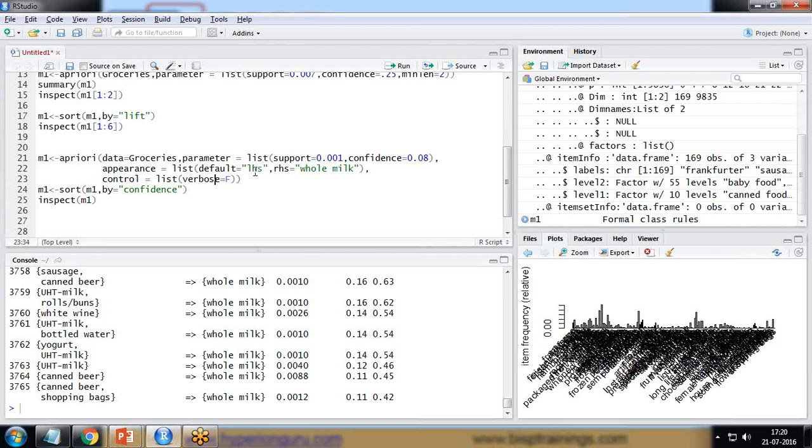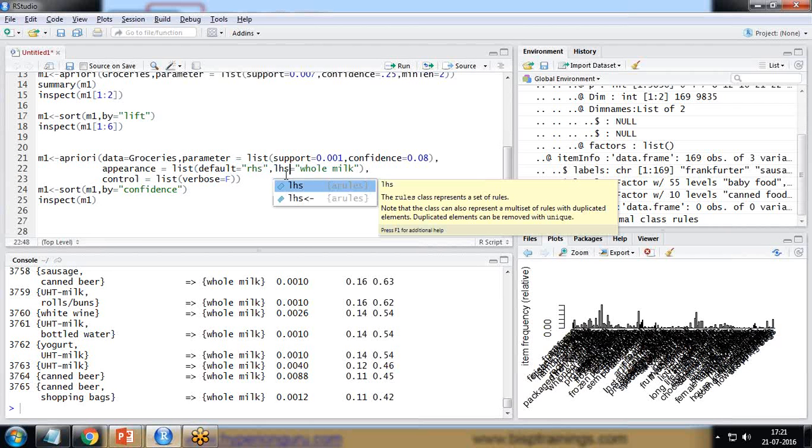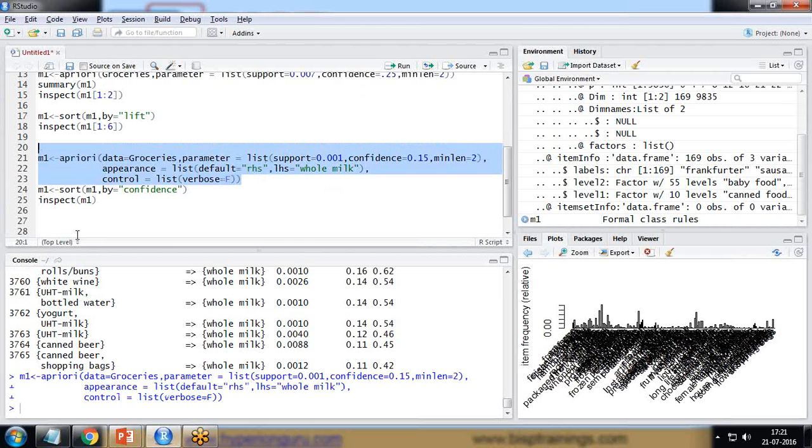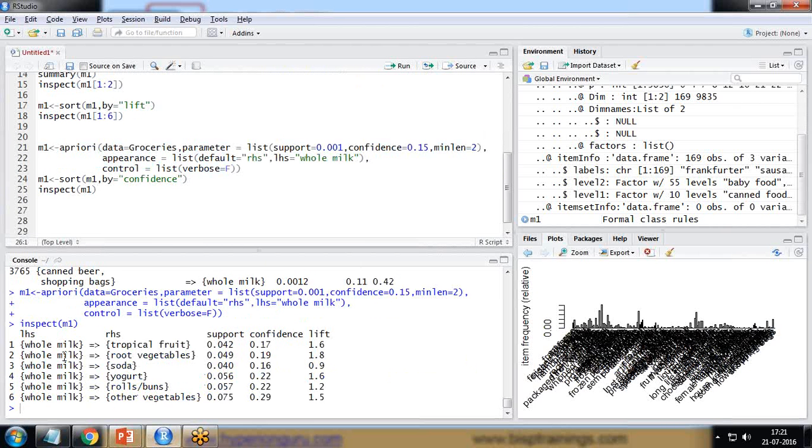So this time, default is equal to RHS, and LHS is equal to whole milk, and also the support is 0.001 and confidence is 0.15. And also I want the minimum length. I set minimum length is equal to 2, and let's run it. If I inspect the element,